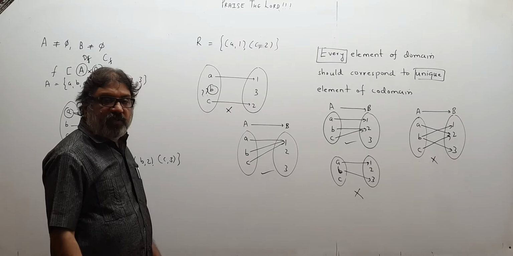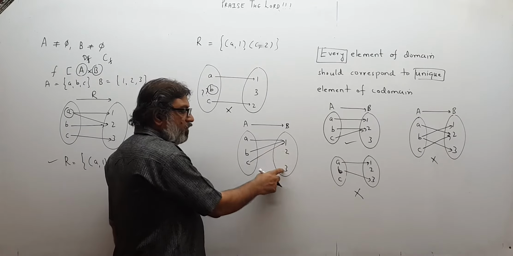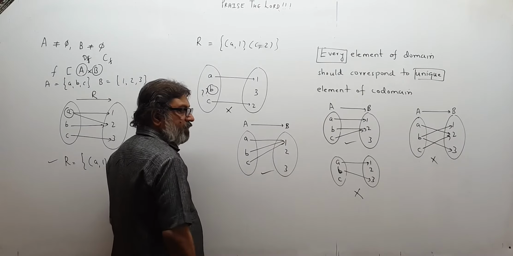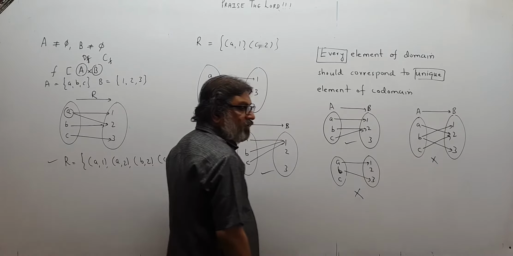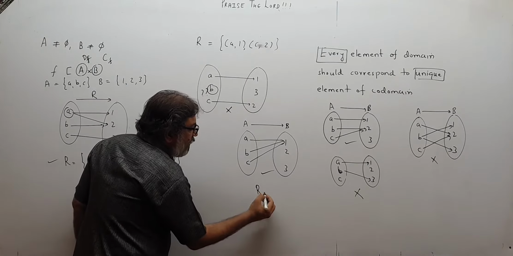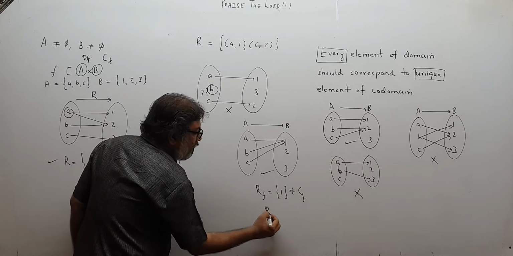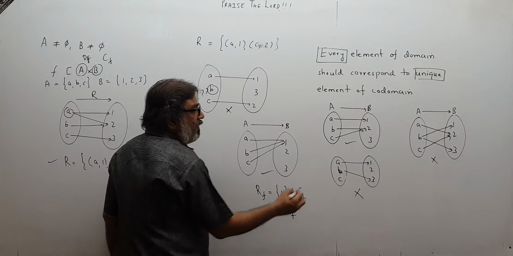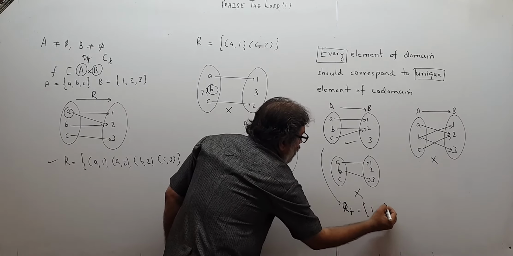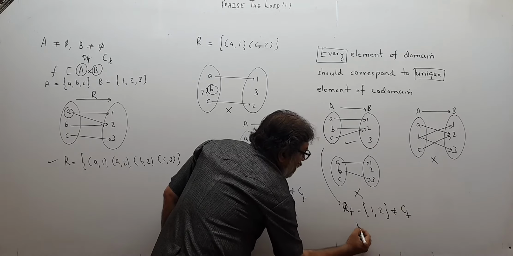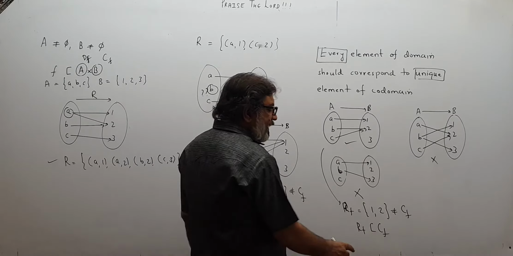And as far as the range is concerned, it is the same thing. If this is a function, then the range will be 1. These are the images. These two are not connected, so leave that out. Here the range will be 1. This is a function, the range will be 1, 2. This is not a function, this is not a function. So again here the range of F is 1, which is not equal to the codomain of the function. But the range is definitely a subset of the codomain. Here also the range of the function is 1, 2, which is not equal to the codomain, but definitely the range is a subset of the codomain. The range can be equal also. It is not that the range will never be equal.